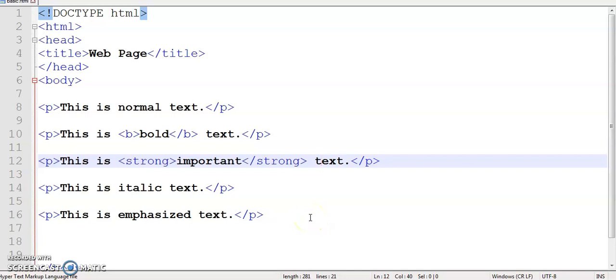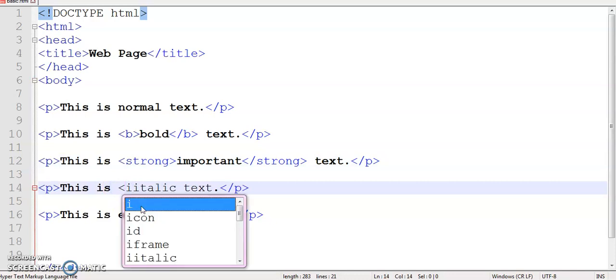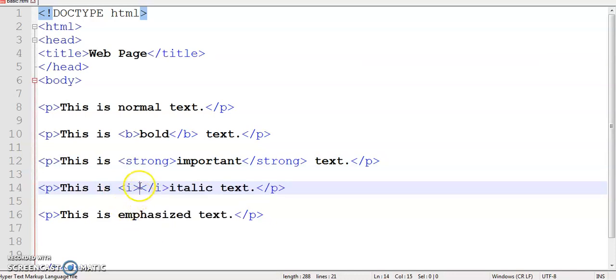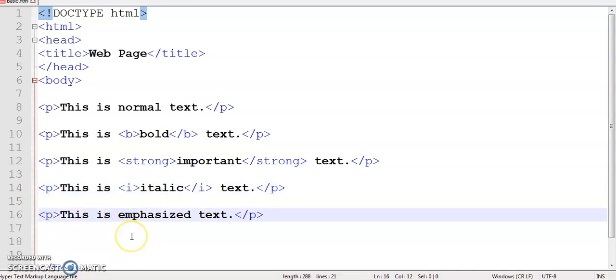The same relationship as the B and strong tags exists between the I and EM elements. So I am putting this content inside the I element and this content inside the EM element.